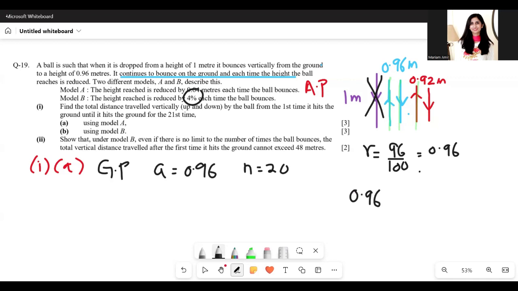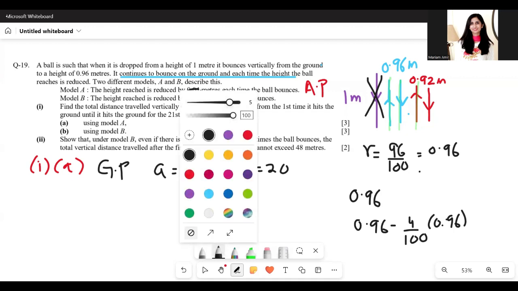Now let's reduce this by 4%, get the second term, and then find R by using the formula any term divided by its previous term. So I'll show you that as well. So let's reduce 0.96 by 4%. So it's going to be this. Let's see what this gives us. 0.96 minus 4% of 0.96. That is giving me